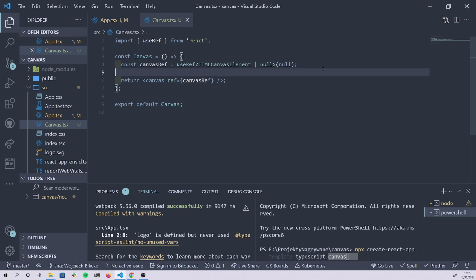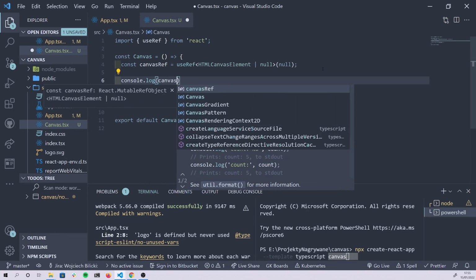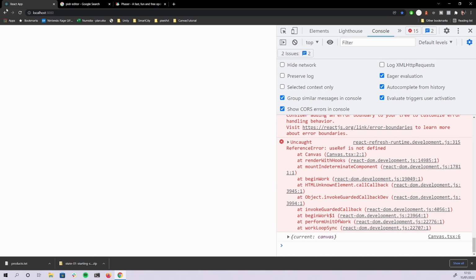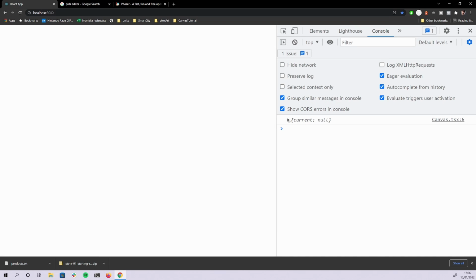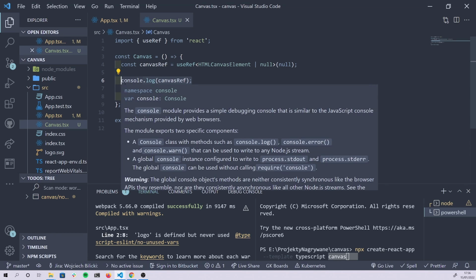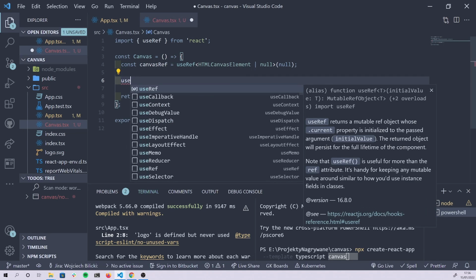Okay. So now, of course, if I try to log this, the current value, which is being held by the reference, is null. So we can obtain the value of the canvas after the first render. And we can do this by using useEffect